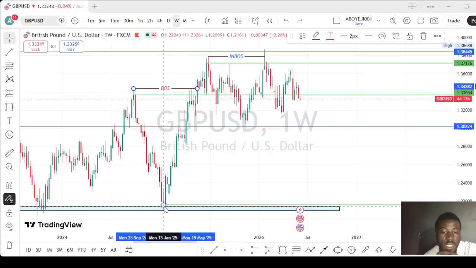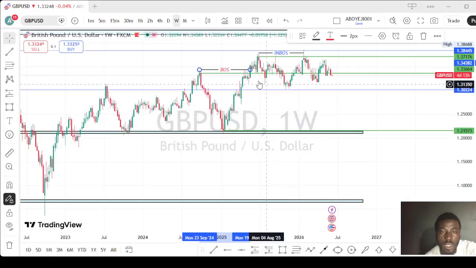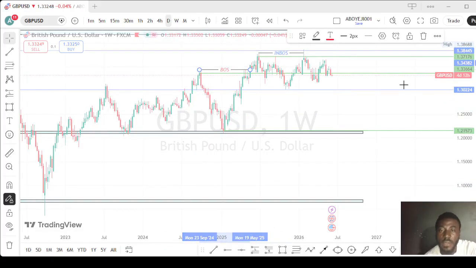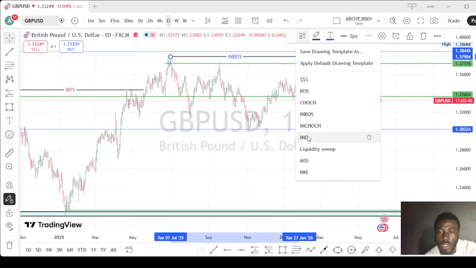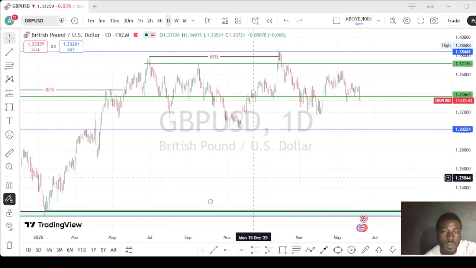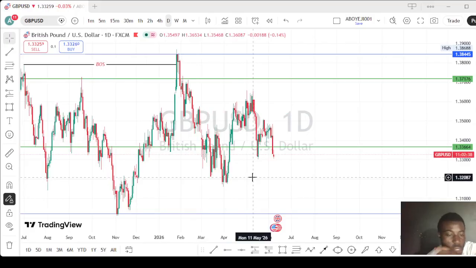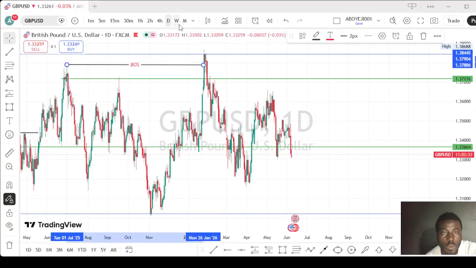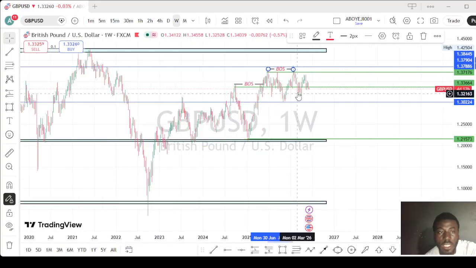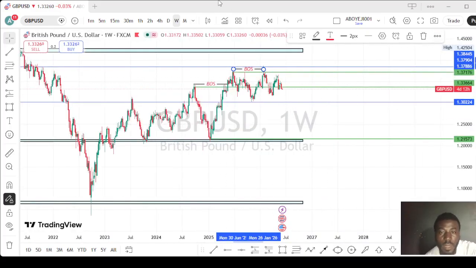And these are key levels. This is the support that gave us this resistance, and these are previous resistances you can see. So let's see what the market is doing. Let's move to the daily time frame. What we do on the daily time frame is mark our swing high and our swing low. What we have here is a break of structure, and these are breaks of structure here, in which the market is in an uptrend, and you can see on the monthly time frame, this is where we are expecting the market to retest. But let's see what the market is doing.